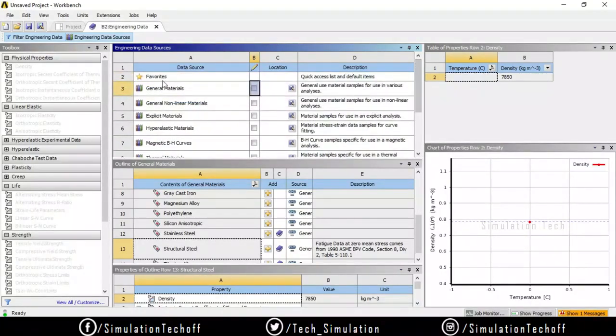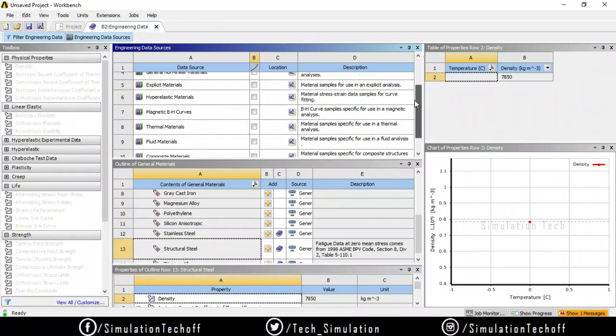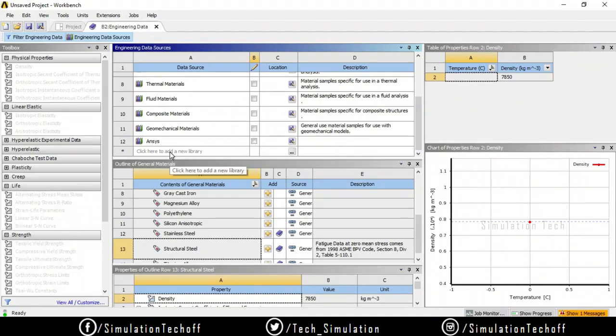So we have a separate number of folders over here. So how can I create a new folder for me? Like general materials or general non-linear materials. If you want to create a new material, just click on add a new library.